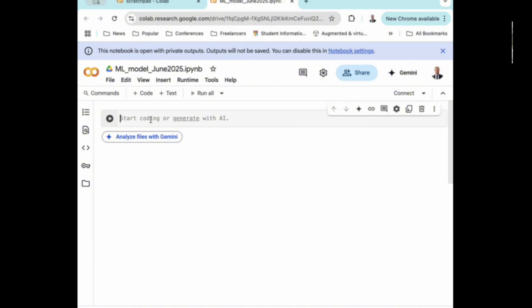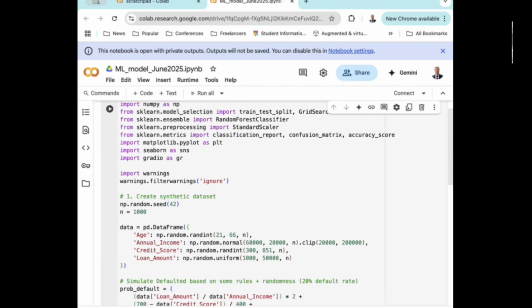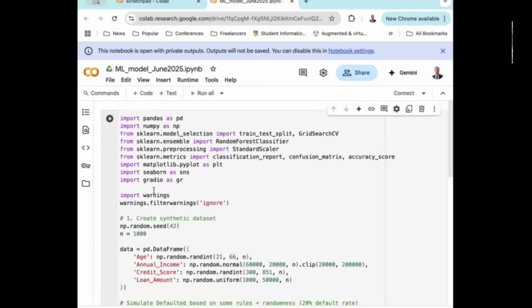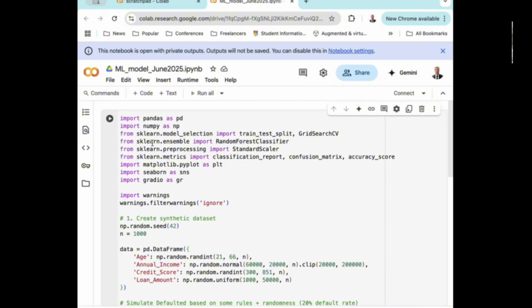Okay, I'm going to have this code, and before I run it, I'm going to share it with you. Just copy it and paste it in this coding cell. All right. So in this coding cell, the whole code is to be copied and pasted. So what is this code? All of those, the first part,